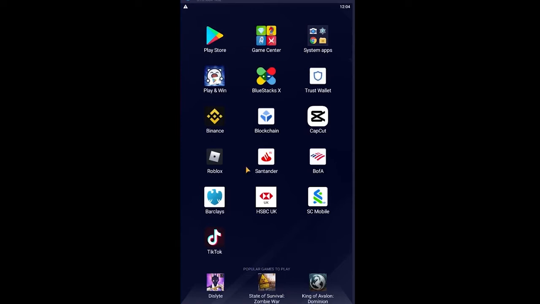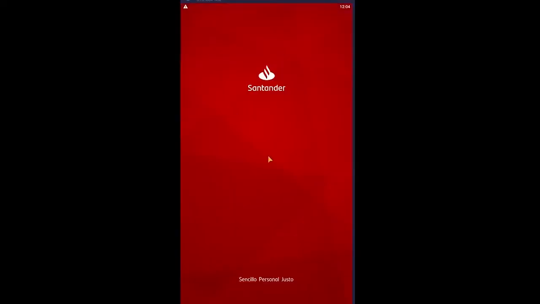Alright, so first step, you can download Santander easily from your Play Store or App Store and open it before